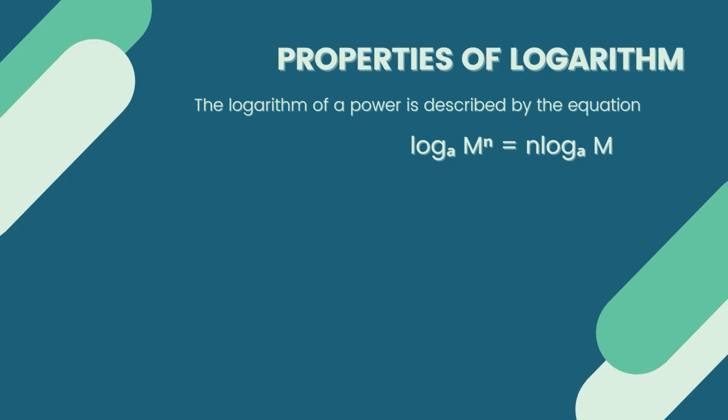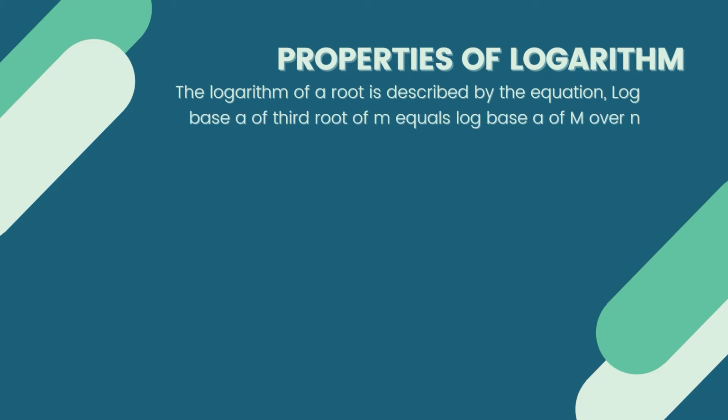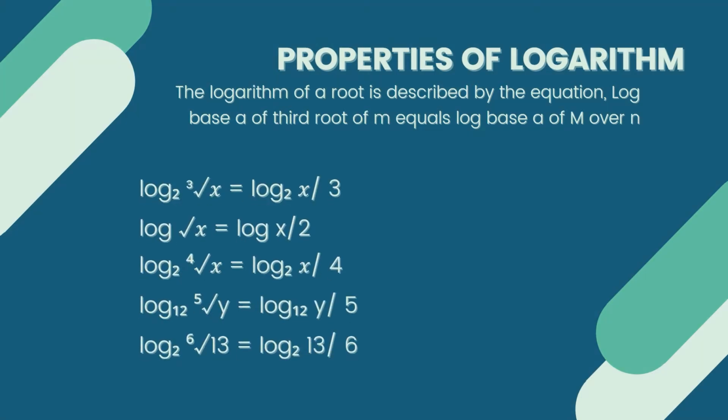The logarithm of a root is described by the equation log base a of the nth root of m equals log base a of m over n. For example, logarithm of 2 to cube root of x equals logarithm of 2x over 3. Logarithm of 10 to the square root of x, logarithm of 2 to the fourth root of x equals logarithm of 2x over 4,